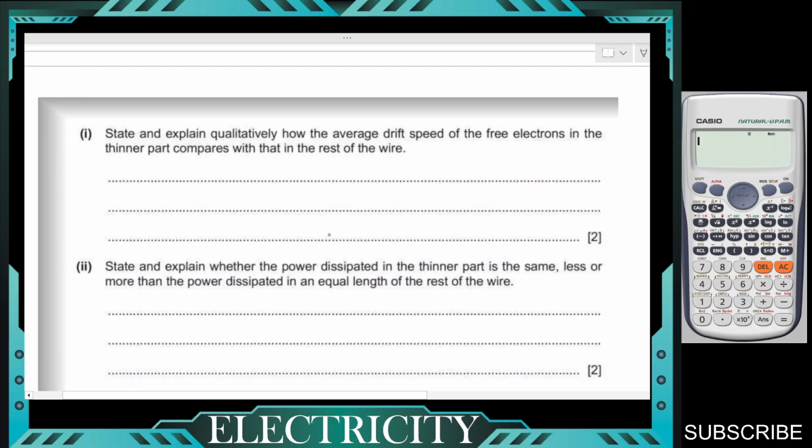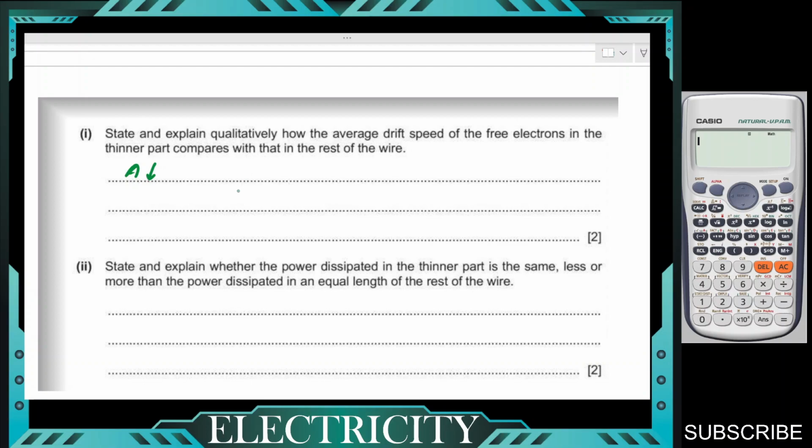Let's take a look at the next one, the commentary-based theoretical question. State and explain qualitatively, so we don't have to quantify, how the average drift speed of free electrons in the thinner part compares with the rest of the wire. So for the thinner part, the cross-sectional area decreases. I'm just going to write the answer in bullets. You can just phrase it accordingly. Cross-sectional area decreases,